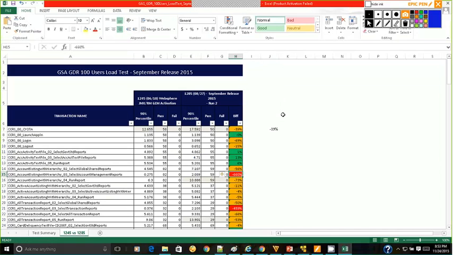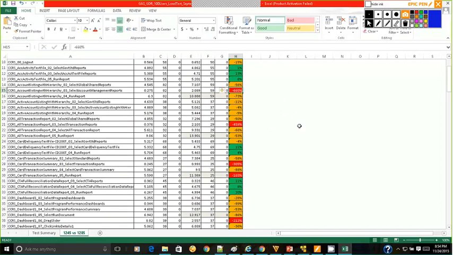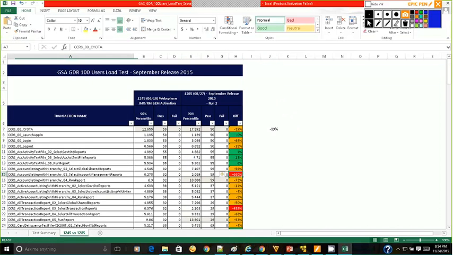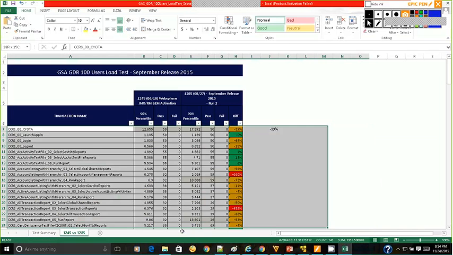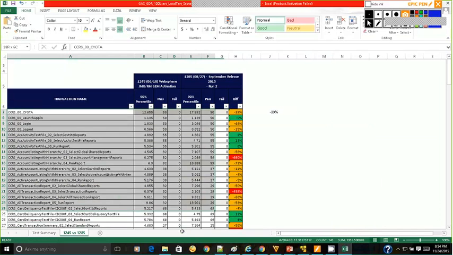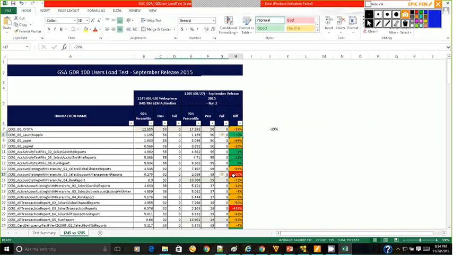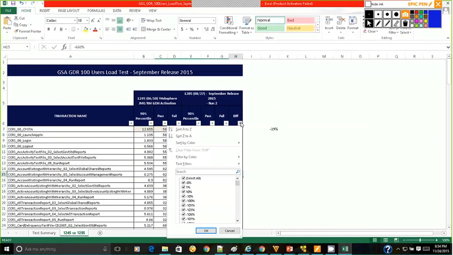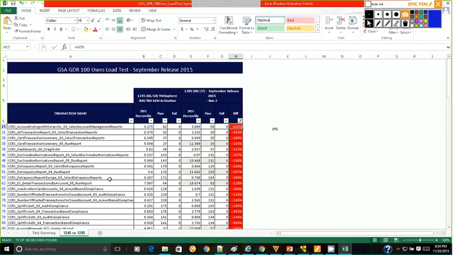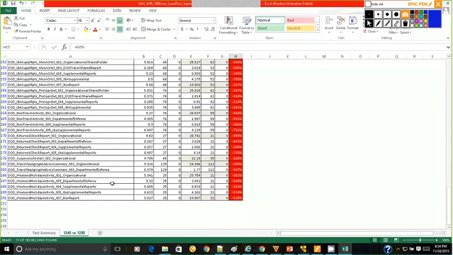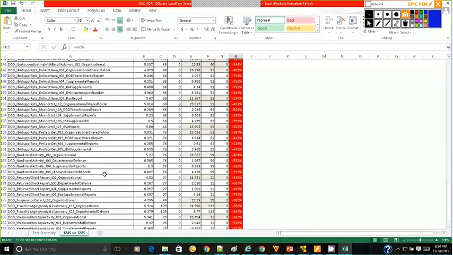But you added everything in the Excel sheet. You did not only add the ones which have more degradation, right? No, you are presenting, you have to present the whole test. You can't present a few items. Everything is presented, but how do you differentiate it? I am not worried about the amber, I am not worried about the green, I am only worried about the red ones. So when you are doing a presentation, you will filter it to red and say that, you see here, so much degradation has happened across all this.